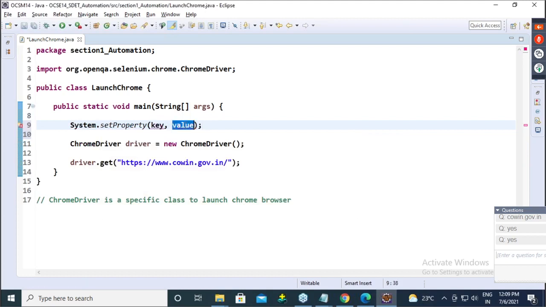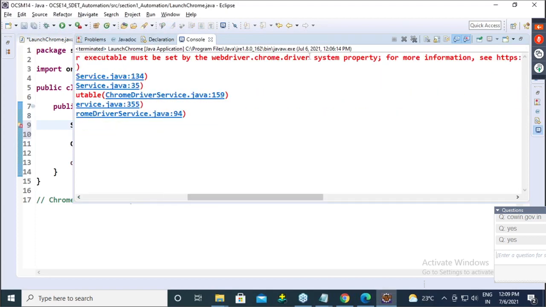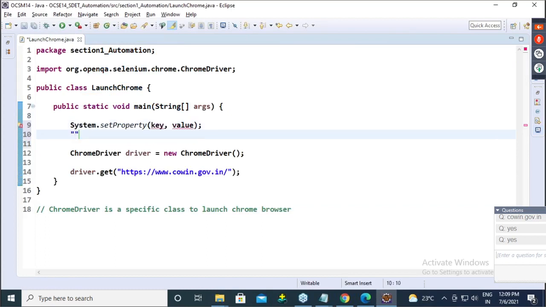Which property? Key, value. What is the key? The key is available in the exception. See guys, go to the exception. Can you see this key, guys? Okay. Copy this key: webdriver.chrome.driver.